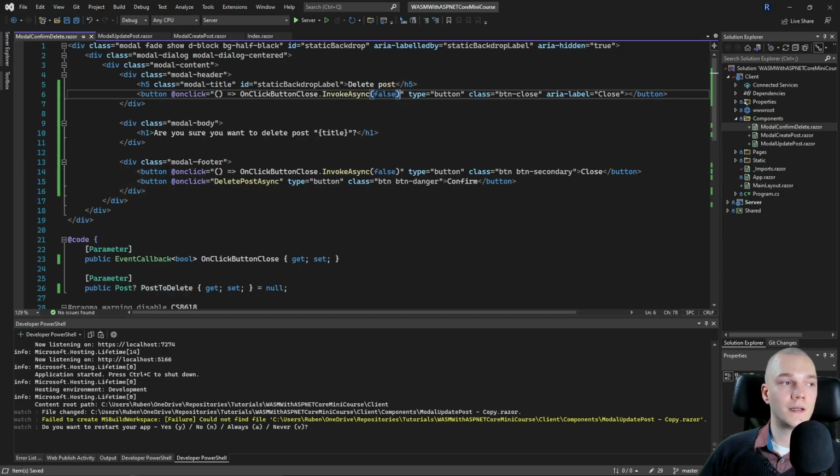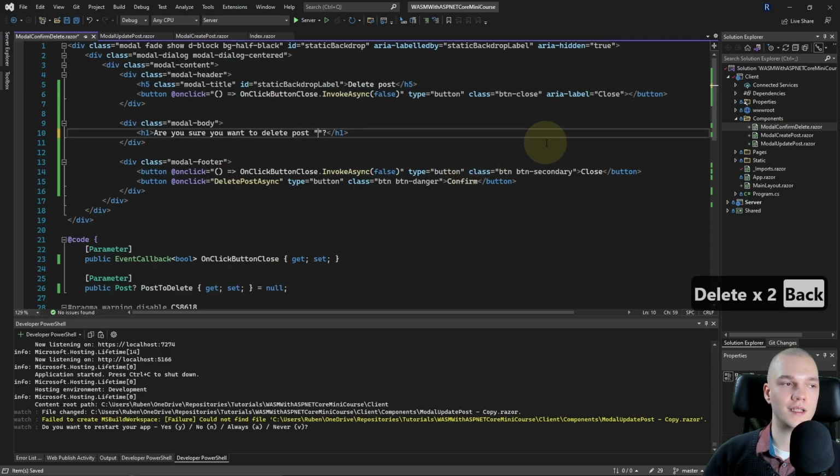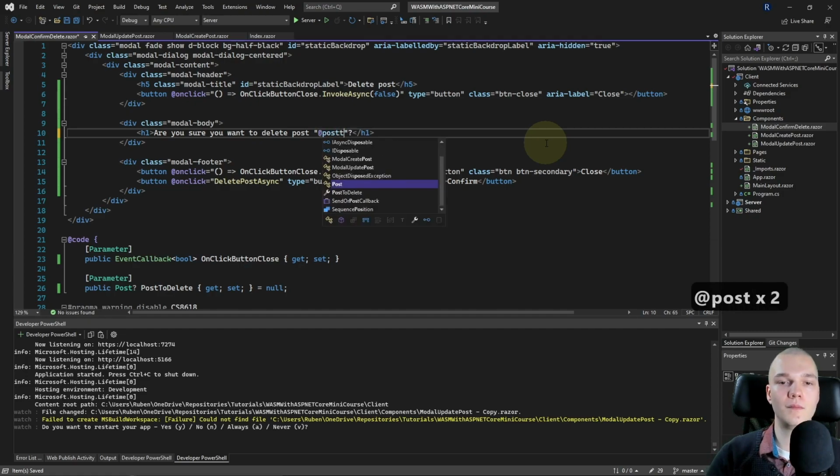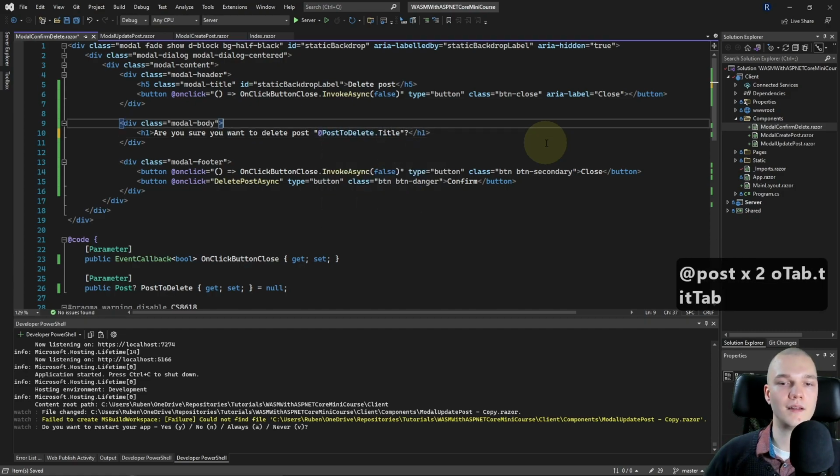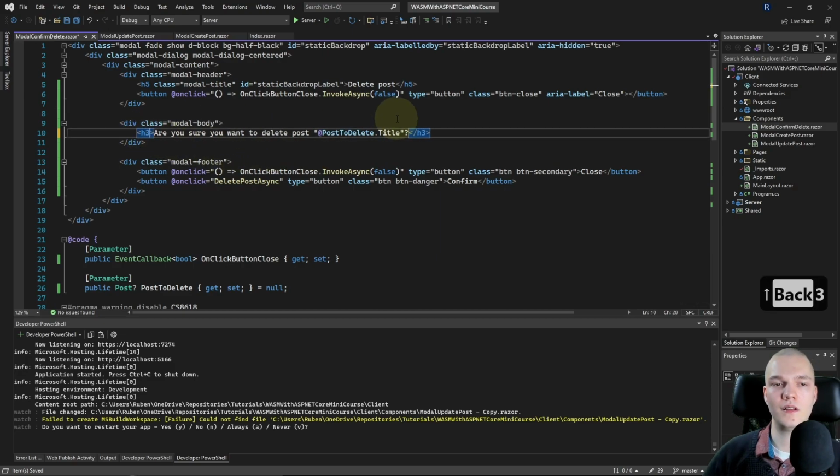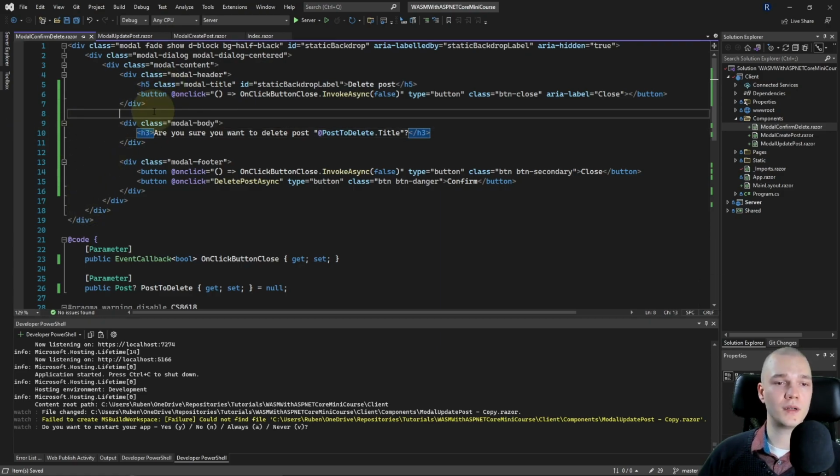And in the modal body, I'll make the title dynamic. So instead of this curly braces title, I'll add post to delete dot title. And actually I'll change it to an h3. And let's only display the modal body and footer if the post to delete isn't null.